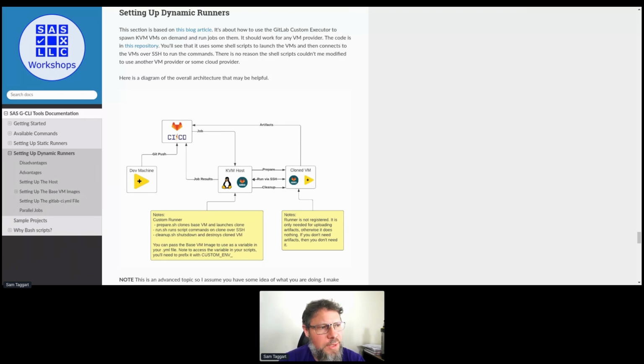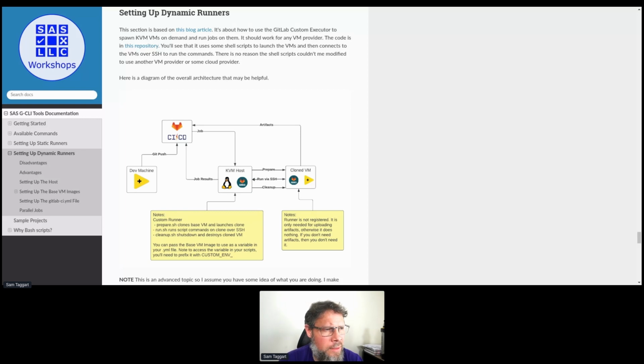So I've got information on how to basically launch virtual machines as if they were Docker containers. You have an existing virtual machine that has, I don't know, LabVIEW 2020 and VIPM and whatever else you want installed on it. It's just sitting there, kind of like a Docker image. And then the runner actually runs on the virtual machine host. In this case, I'm using KVM, but you could totally adapt it to work with VMware, Hyper-V, whatever you